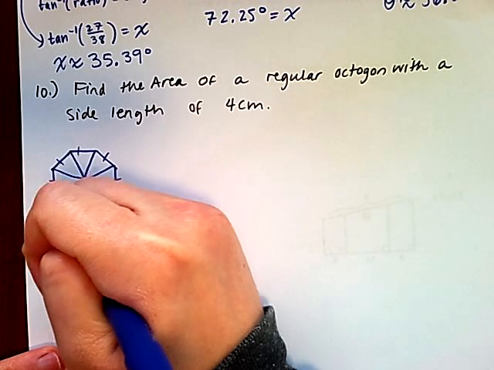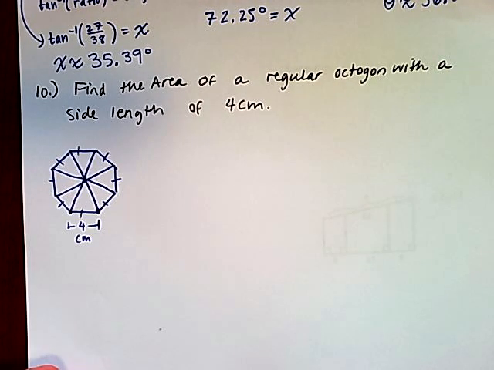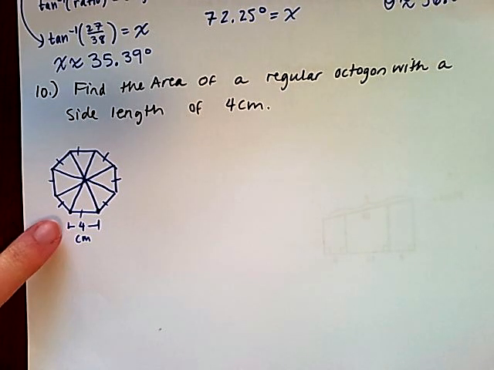And one of those side lengths is 4 centimeters, right? So this is my diagram, and essentially if I can find the area of one of those triangles, then I should be able to find the area of the entire shape. Now, to get the area of one triangle, I'm actually going to start in maybe an unexpected place, which is